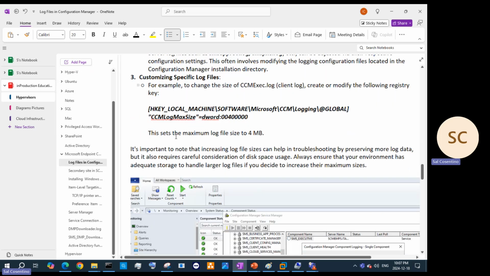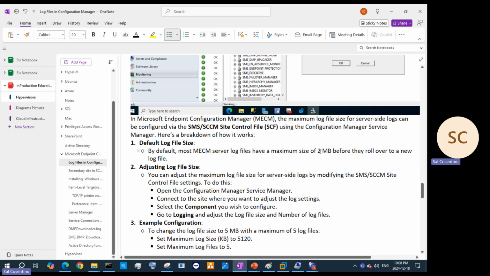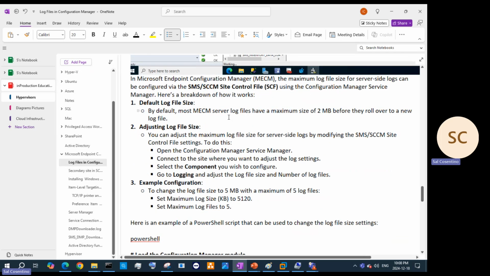Typically you can set the maximum log file size to 2, 3, 4, or up to 5 MB, right? But again, that's totally up to you. I would just change it up to 5. That way you have it. And again, to change the log size, we're going to change the log size to 5120 KB and change the maximum log files to 5, right? So that's what we're going to do with the site control file. I'm going to show you how to do that, right? And the way to do that,